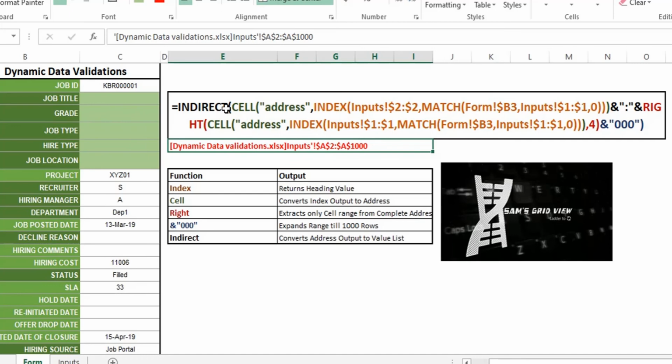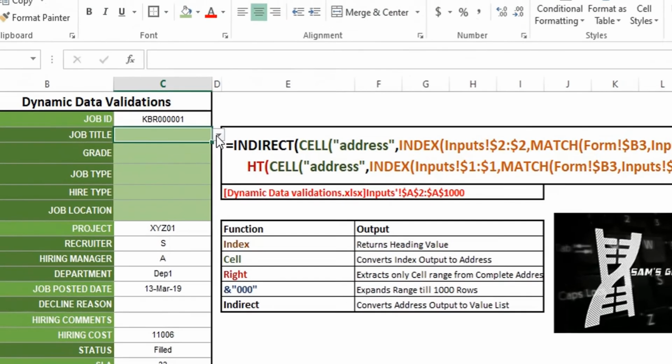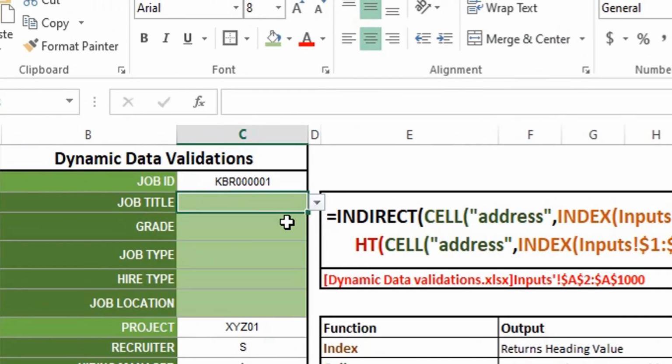In turn, this INDIRECT formula will fetch the values for me. The INDIRECT formula uses an address as its input, and it gives the value as an output, meaning the exact value in the cell. Using this concept, we have defined this particular dynamic data validation.